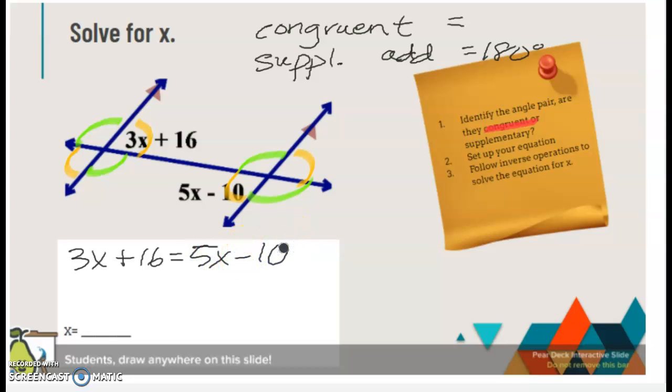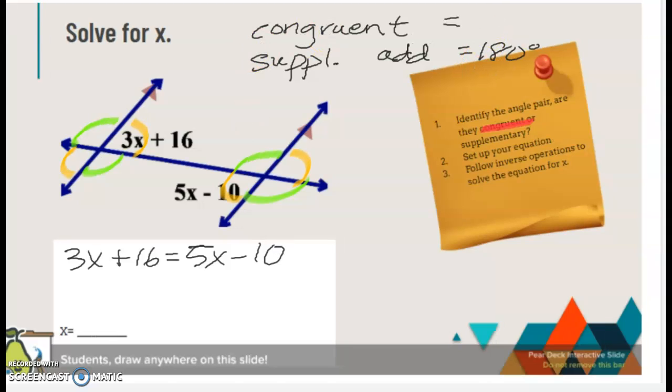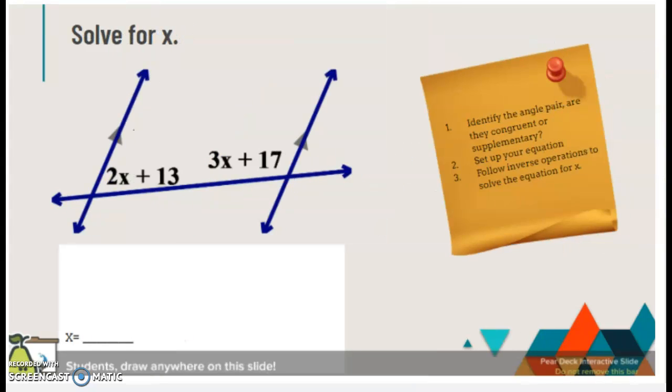And then I will complete that equation. And we had a lot of practice with solving these equations with variables on both sides in Unit 1. So you can finish this one. And so pause the video here. I am going to go forward and show you one more. And I'm going to leave you with this one. So try setting this up,